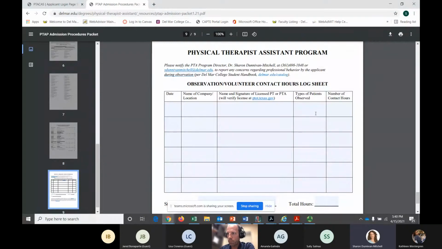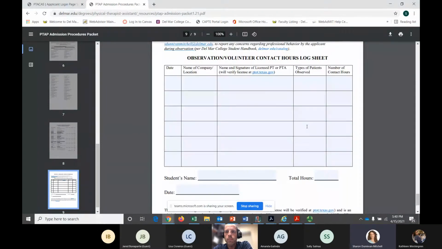So if you have not yet started your observation hours process and you are interested in applying for this summer's application cycle, you need to be working on this probably beginning tomorrow. So get as close as you can, do the best that you can to try to get a mixture of sites and facility types. But we understand that it's now becoming quite difficult to get some of the inpatient facility